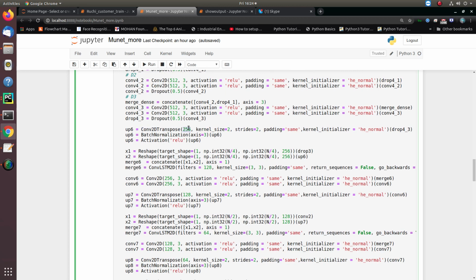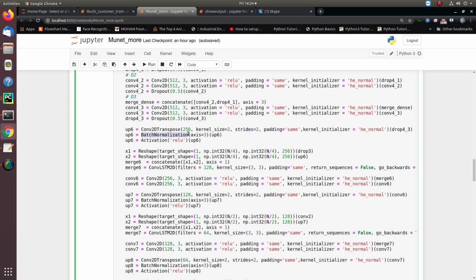256 filters, meaning the input kernel corresponding to 512 input filters upsamples those 512 filters into 256 filters. Kernel size 2 and stride 2 means whatever input we are feeding into the convolutional transpose, it upsamples it and decreases the number of trainable parameters.